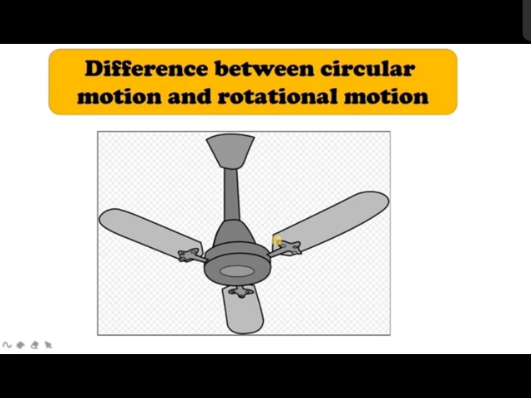We have oscillatory motion also. Oscillatory motion: when a body moves backward and forward about its mean position, the motion is known as oscillatory motion. For example, the to and fro motion of a stone, girls on a swing. These are examples of oscillatory motion. The piston of a car, the pendulum of a clock. All these are examples of oscillatory motion.